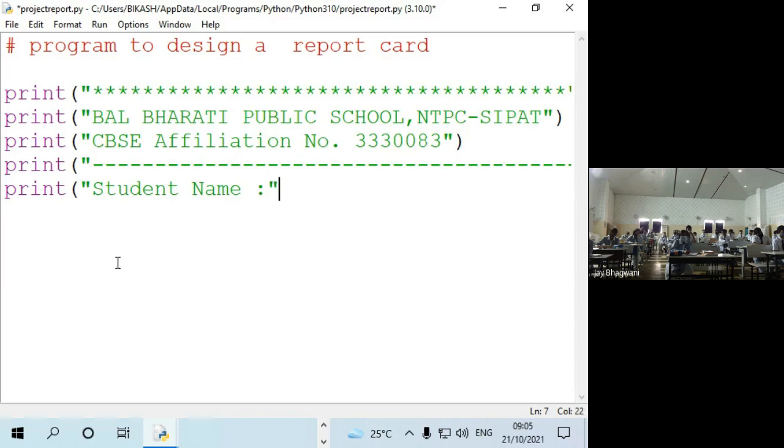There is one option called \t, the tab. After the student name some space will be there, and then the actual student name should come, but we are taking the input later, so I am not doing anything here yet. And then again I will put \t, and I want to display the admission number.